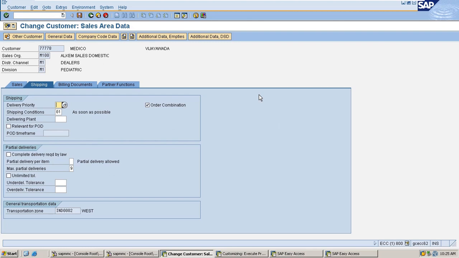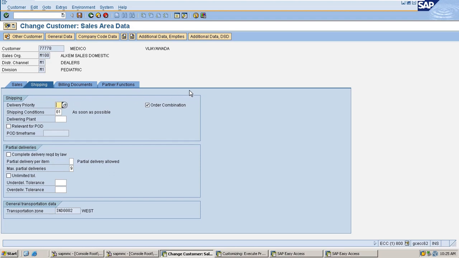If the customer has 2 to 3 orders or 4 orders, if Medico has created 4 orders and we would like to send a single, combined delivery to the customer, then this field has to be checked here.